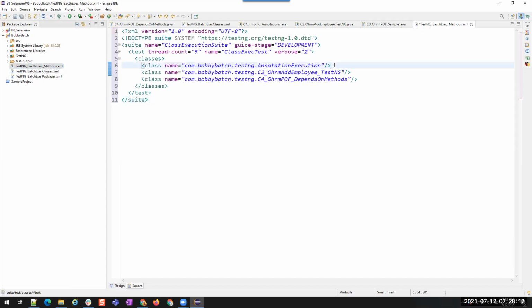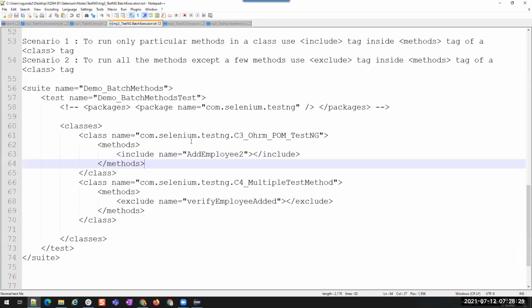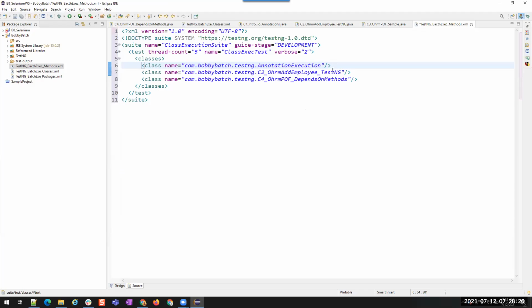So inside a class, I don't want to close the class tag. It's not a self-closing tag. Inside this particular class, I want to give some options. So I'll just remove this and then I'll add the close tag. Okay. This is the similar case with all the classes. Both are correct. You can have it as a self-closing tag, or you can have a separate close class tag.